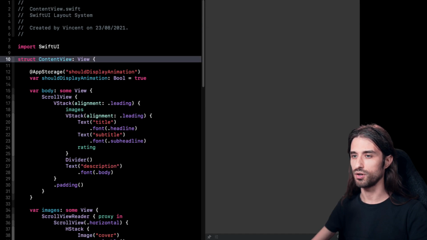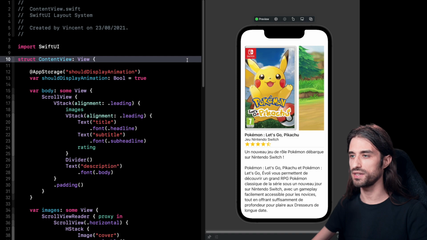As you can see, it's a very simple app. I have a single view in this app, it's a SwiftUI app, and basically I have implemented a view that is, we could say, the page of an article on a site like Amazon or another kind of e-commerce application. It's a view that is simple but still quite complicated, meaning that there are several images, several kinds of text with several kinds of formatting, etc.